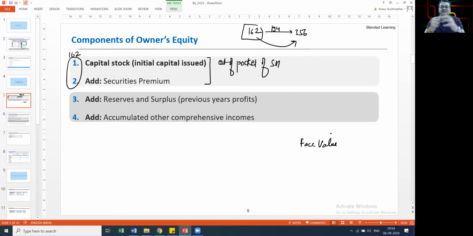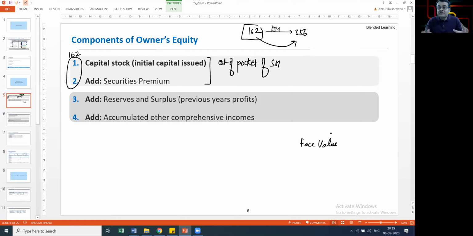So what's face value? Face value is the third value which comes first in the life of any financial instrument. That's the value written on the contract. It has no meaning except to calculate certain dividend returns, to pay some stamp duty to the government. That's the level at which authorized capital is calculated, and so on and so forth.